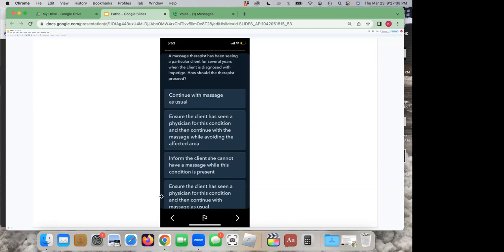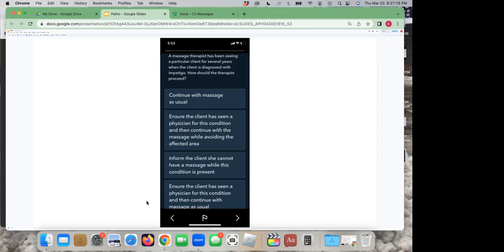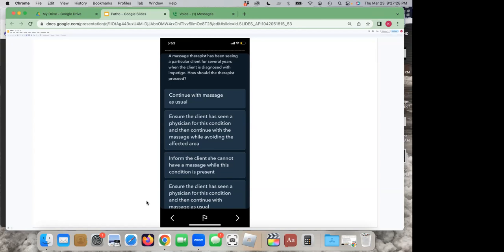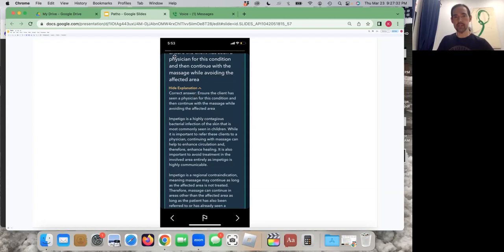Well, the second one, B, says you are going to avoid the area, and the last one says you're going to continue massage as usual. It doesn't say to avoid the area. So the answer is